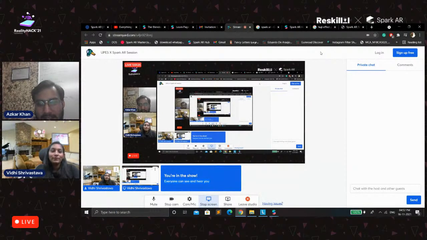Next question is from Ishan. Can I try making some AR effect with Photoshop and import it into Spark AR? Yes, definitely. You can use Photoshop because we have the face assets.